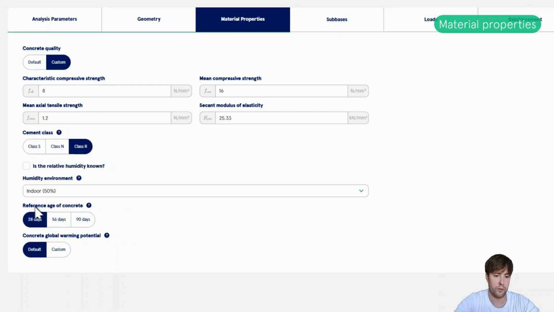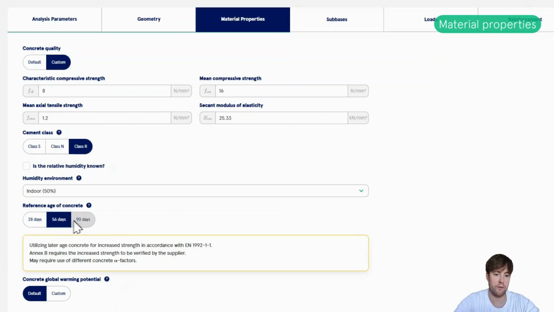You also can choose the reference age of the concrete, either 28 days, which is standard, but you can also choose 56 days and 90 days. But if you do so, the new Eurocode states that we may require to use different alpha factors.